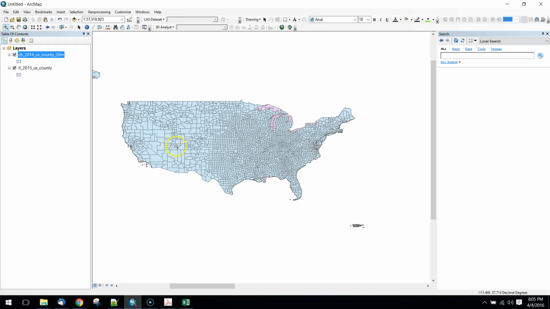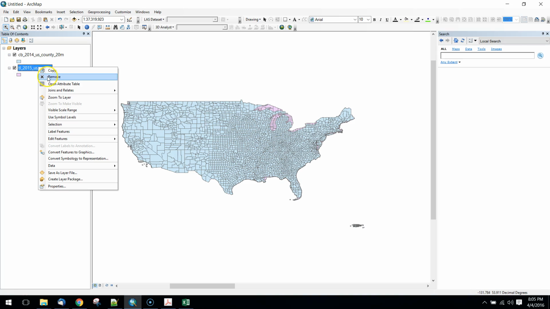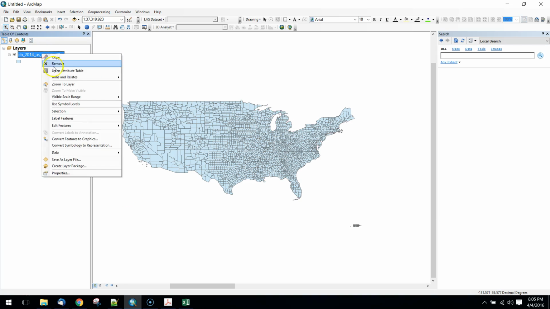Okay, now the next step in getting our violent crime data visualized on top of our cartographic boundary files is going to be to join the data. So I'm going to get rid of the Tiger line files for now, and we'll take a look at the